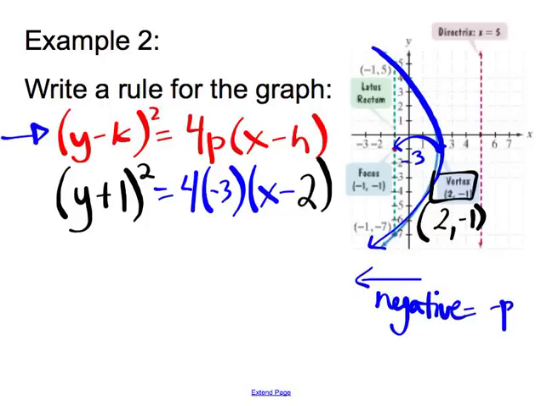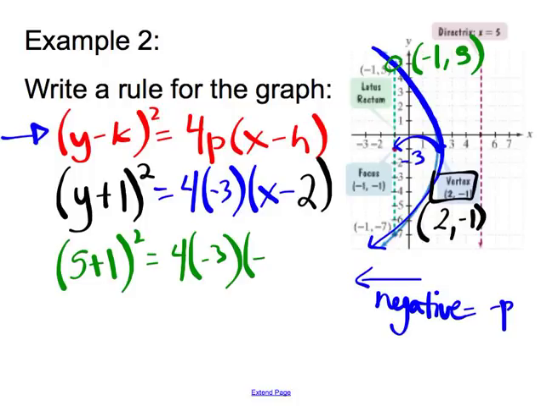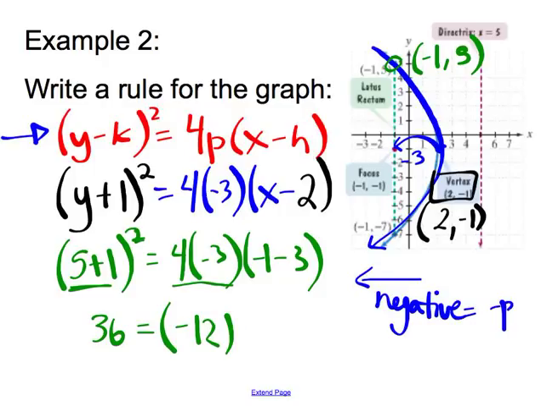A couple of things you can do to check your rule are things like plugging in points. This point right here is -1, 5. If I want to see if my rule is right, just the old-fashioned way of plugging in -1 and 5. So I plug in 5 for y, and I plug in -1 for x. And I would see if I actually get equal statements. So on the left, I'm going to get 36 because 6 squared. On the right, I'm going to get 4 times -3 is -12 times,